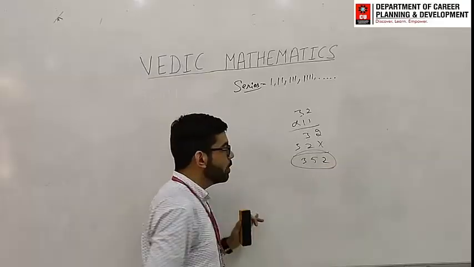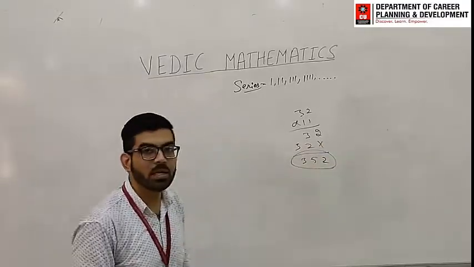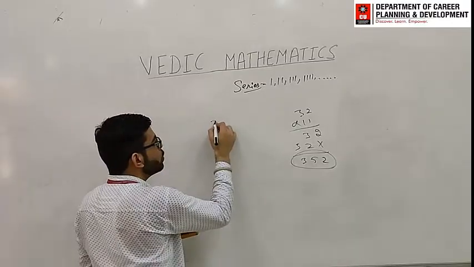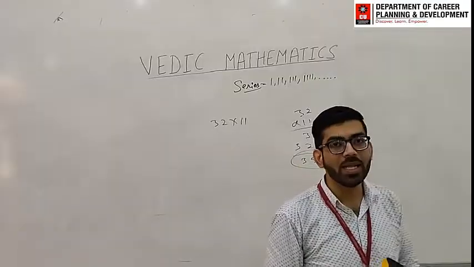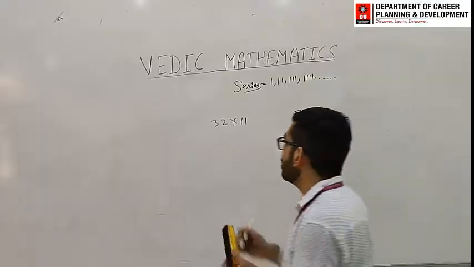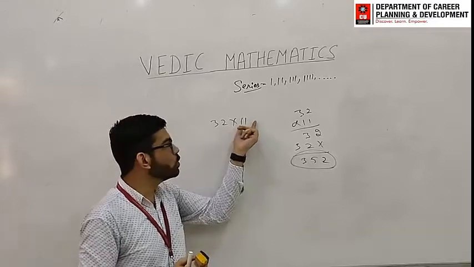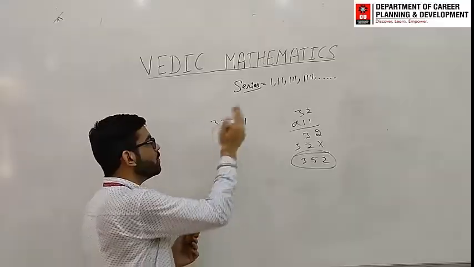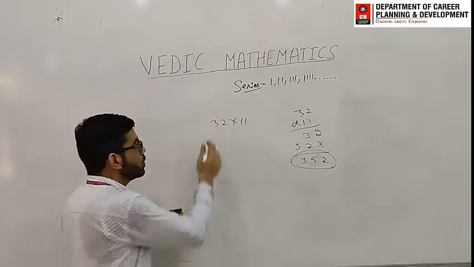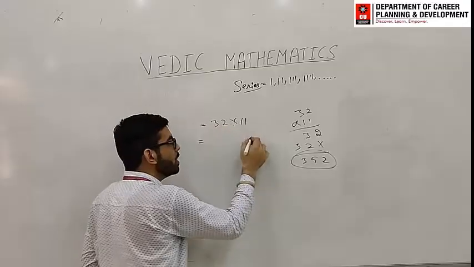This was the answer. But we are going to do the same steps in our mind. Just see how we can do that. 32 multiplied by 11. So first of all, just see how many ones are there. Instead of multiplying this number by 11, just see how many ones are there. The number of ones is 2, so we are going to pick a pair of 2. Starting from the right hand side of the number, for 32, the last number is 2. Write the number as it is.